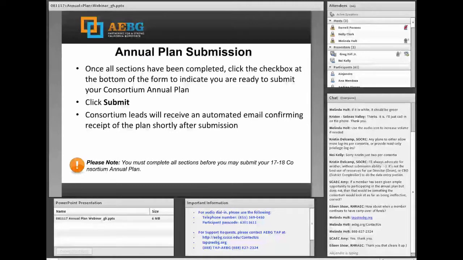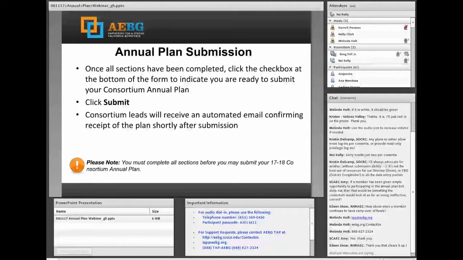This was indeed purposeful, and meant to prevent premature submission, primarily because it's a challenge to open the form back up once you hit submit, a bunch of things start happening, and so we wanted to minimize the likelihood of that occurring when there was still a chance that changes could be made. And so it should be active now, but if not now, it'll be active shortly after the webinar.